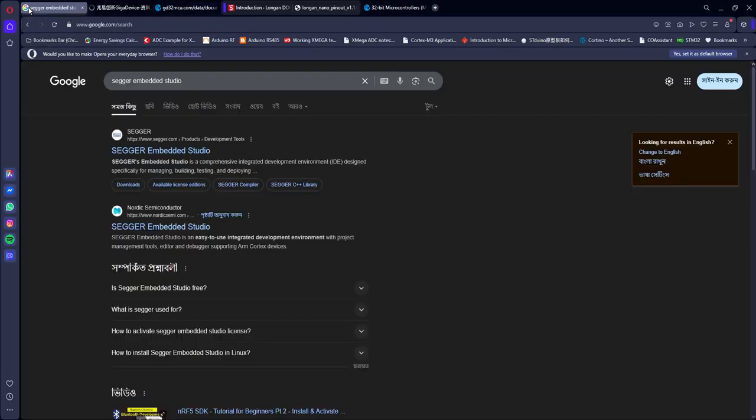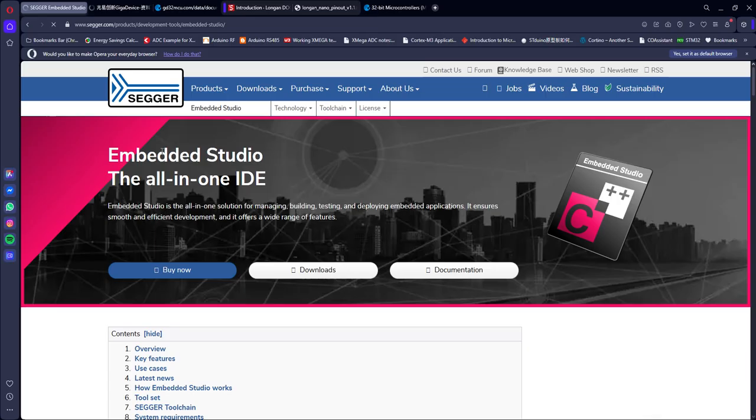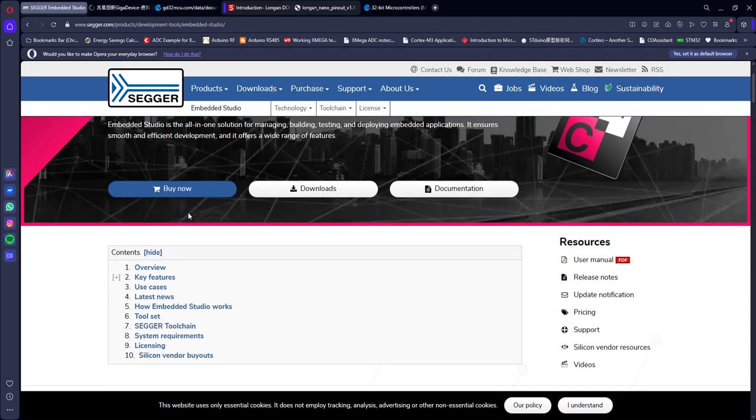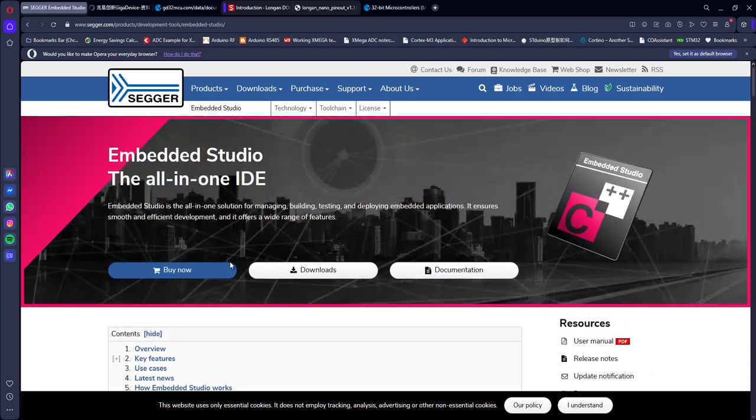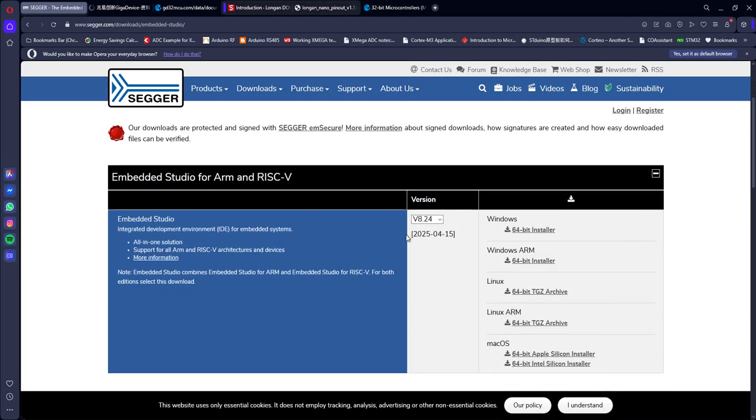While this datasheet is being downloaded, let's talk about something else. What are the development tools that we'll be needing to use GD32s effectively? After having searched a lot, I found out that the SEGGER Embedded Studio from SEGGER is the right platform to play with GD32 microcontrollers. At the time of filming this video, this SEGGER Embedded Studio is at version 8.24, and the last release date was sometime on 15th of